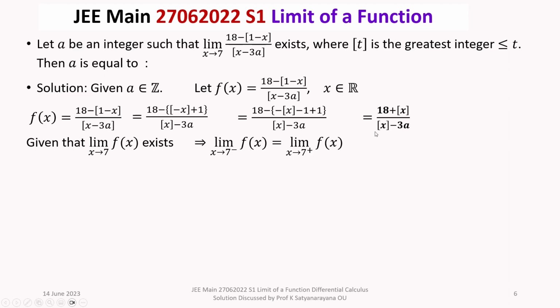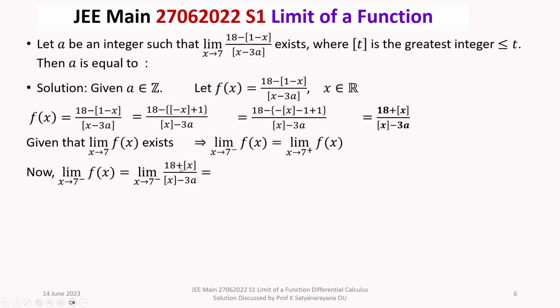Both exist and they are equal. So let's first of all evaluate the left hand limit. Now the limit as x tends to 7 minus of f of x, that means coming from the left,